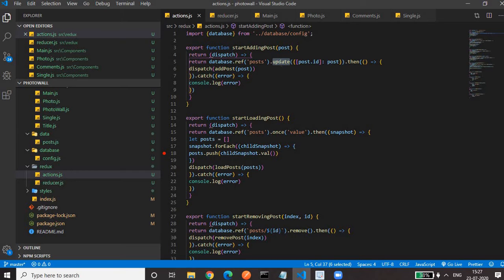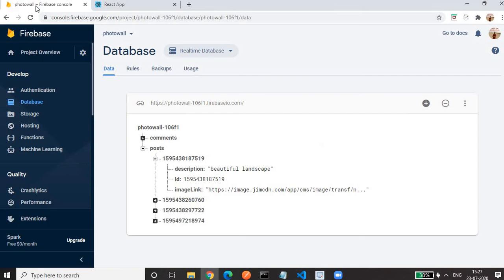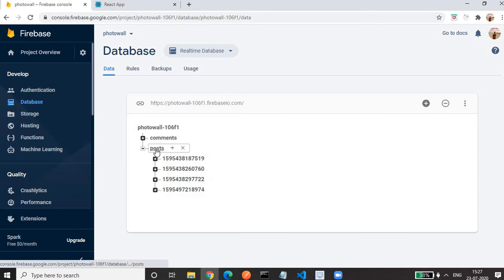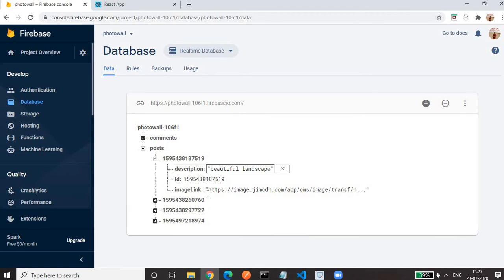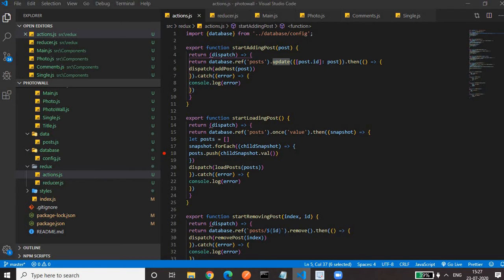Okay, .update. Then if you see from the database structure, in post there are child nodes. The ID of the post is the child node for the post, and each child node has a description, information about the post. So we have to update. How will we update? We provide an object.